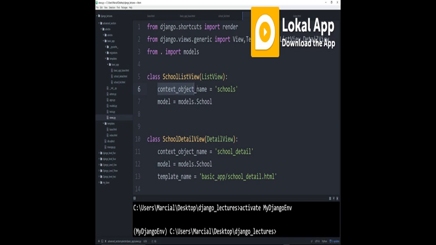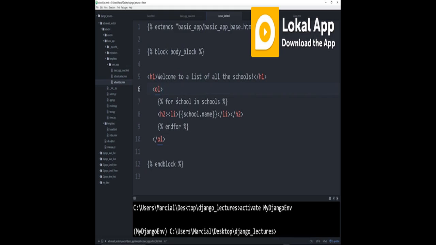Context_object_name equal to whatever you want to call it. All right, so we have our list view, and this returns a list of all the records inside models.school. So coming here, since this is a list, I know I can say for school in schools, and then do